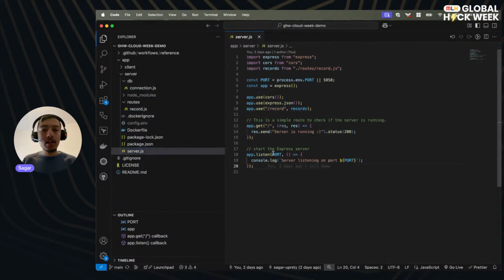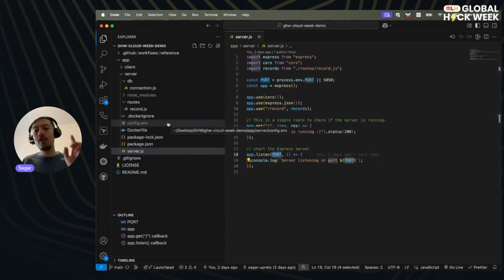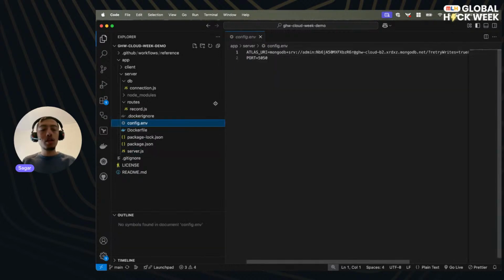You can see that it's listening on a port, which is set up via an environment variable. And that is very important for us. We need two different things for our backend to run. If you go to config.env, we need two environment variables that our backend expects. The first one is the port where the server should be running, and we have set it to 5050 as the default. And the second very important environment variable that is needed for our backend is the MongoDB